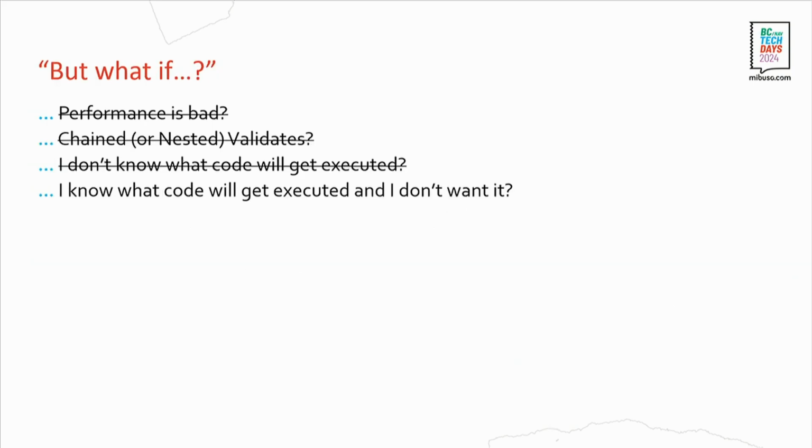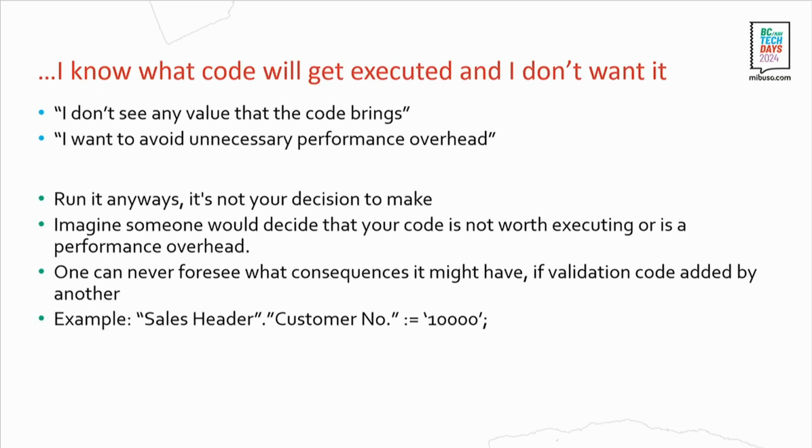So what if I know what will get executed, but I decided that I don't want to? I don't want to have that executed because it doesn't fit for my customer. It breaks my extension because I need to replace it somehow, or I don't know. There might be several reasons for this, and some of them might be like I don't see the value. It's therefore an unnecessary performance overhead if I just run this and it doesn't add anything, or I'm not using that part of the software, so I don't need that code executed at all.